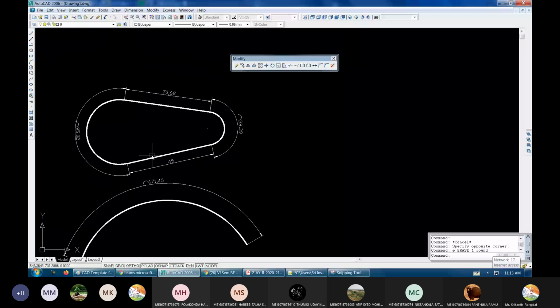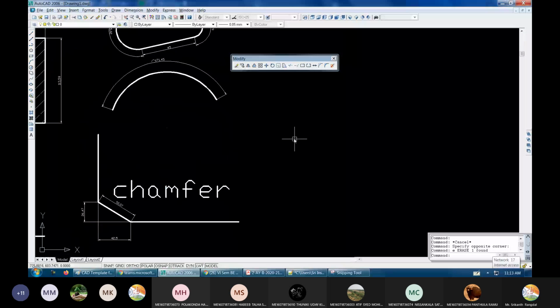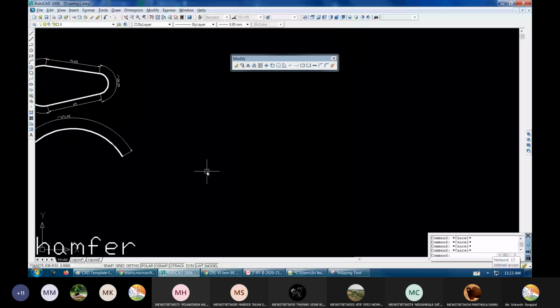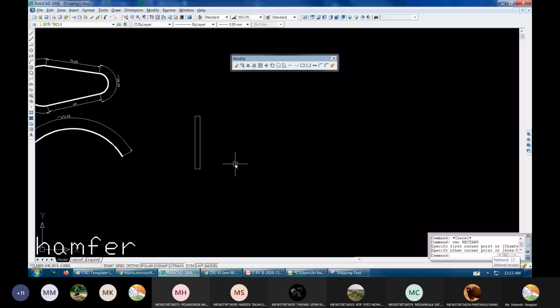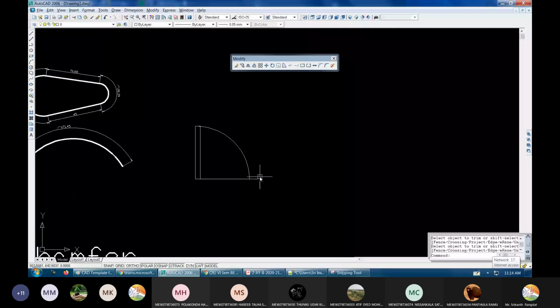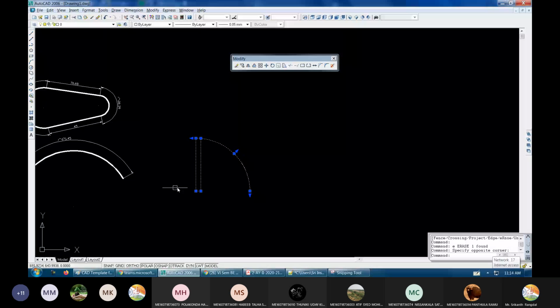Next thing is block. First of all you should understand what a block is, and only then will you understand how to edit the block. Let me take a door. Even though as mechanical engineers we don't usually do doors, windows and other stuff, for explaining the meaning of this particular thing I think this is the best option. I've taken a simple door, and this arc shows the path taken by the door to get opened. This is how doors are shown in civil engineering drawings.